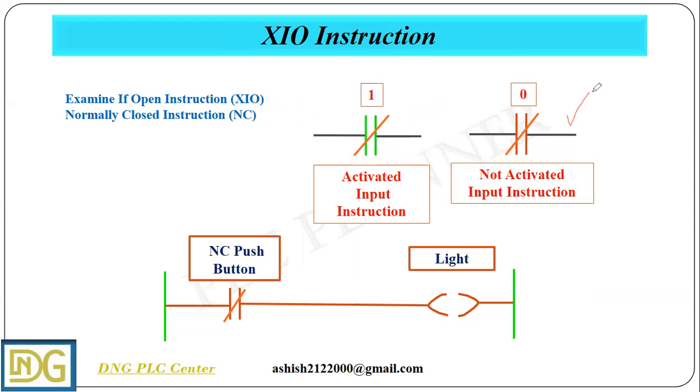In PLC programming, when you look at the program on hardware paper or on a monitor screen and you see this type of symbol, you can think, yes, this symbol is the XIO instruction. It is generally used for stopping the process. If you want to stop an operating process, you can stop it with the help of the XIO instruction.